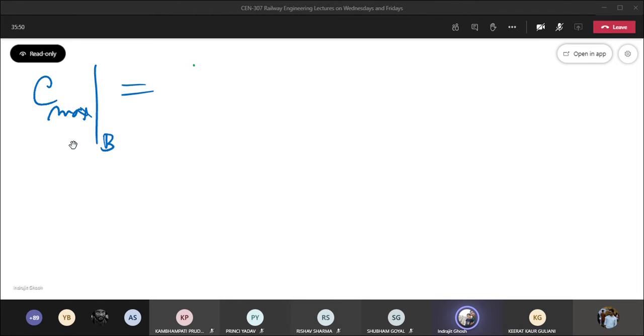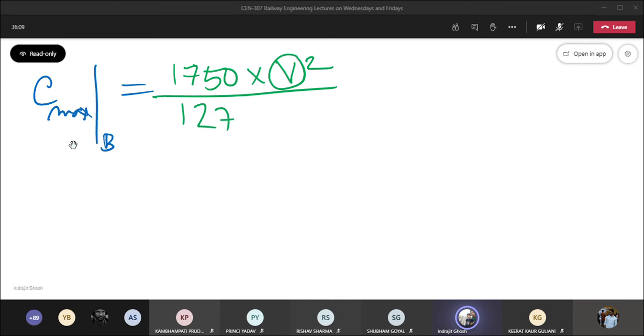I should not say that students make mistakes, because I can cut marks from your exam answer, but still you are my students. So 1750 multiplied by V square, this is unknown to us. This is 177. Now here students make a mistake when they put the value of R. I don't know why, many students mess it up. What is this R? 8. Yes, 8. Don't use 5. So this is 8.